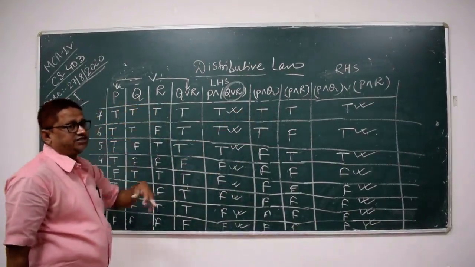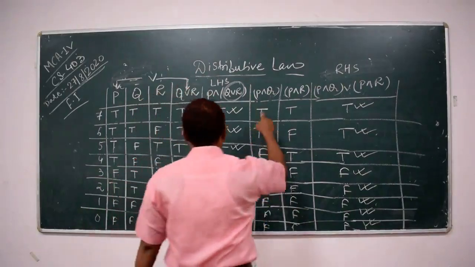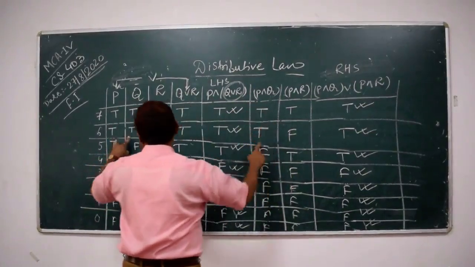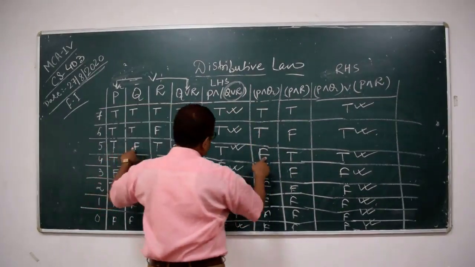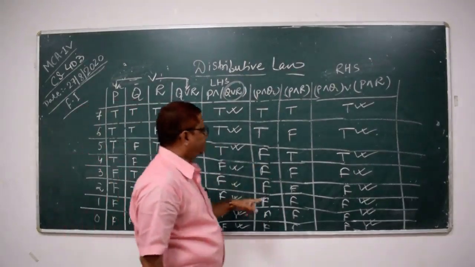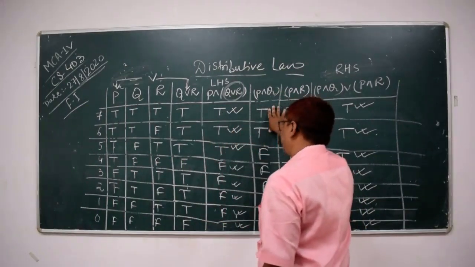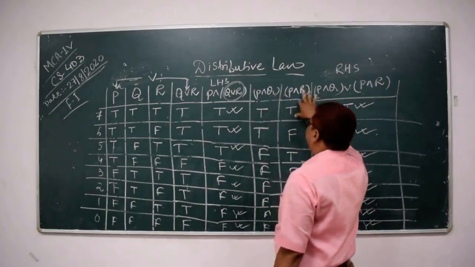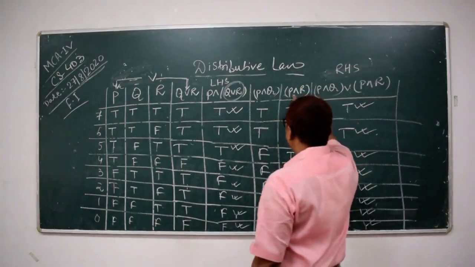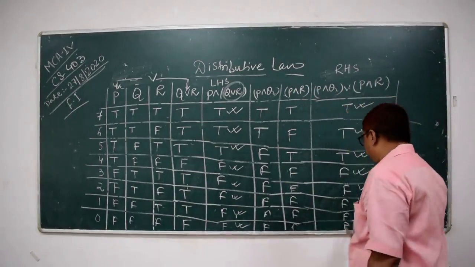Here we are applying the logical multiplication. In the logical multiplication, both are T, the final result is T. Here again both are T, the final result is T. Here T and F, we have got the final value F, because 1 multiplied with 0 is nothing but 0. On this basis we have to prepare this part. Now come to the other part of the right hand side, P and R. On the same basis we have to prepare P and R. And now these two are added, logical addition. After adding these two, we have got this result.